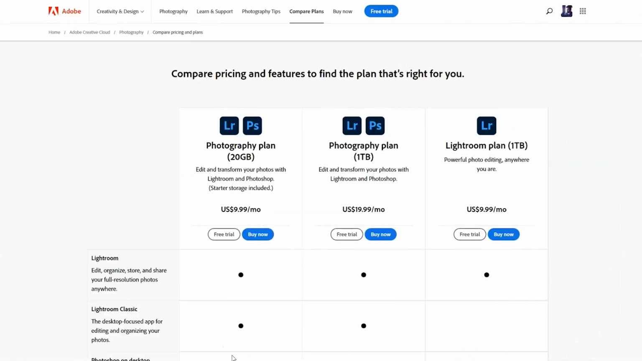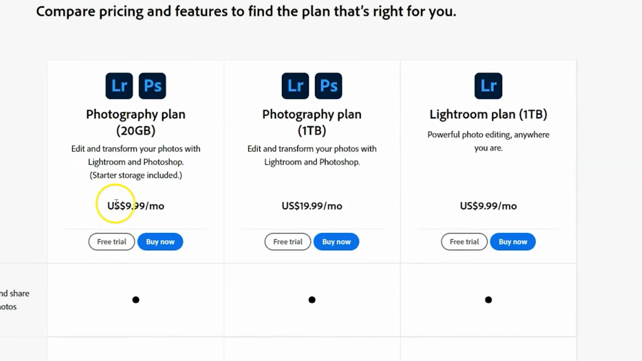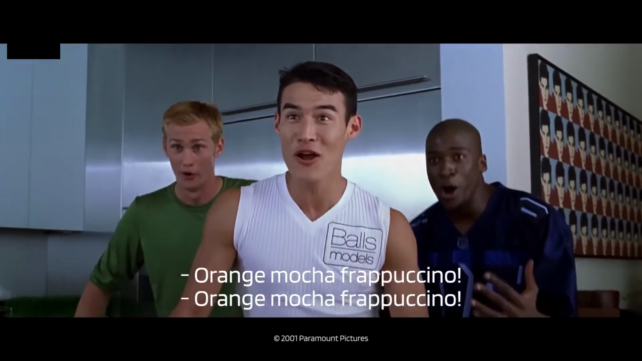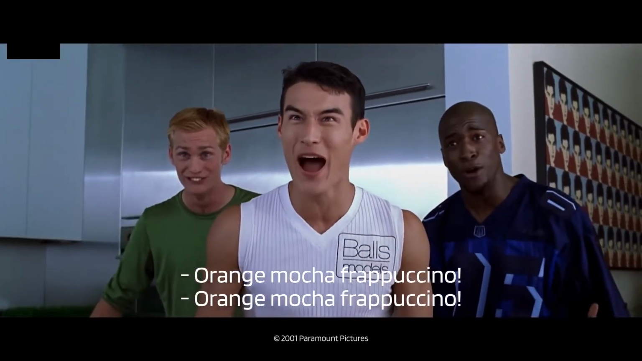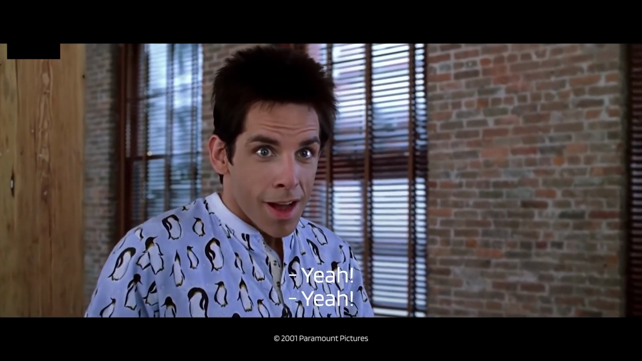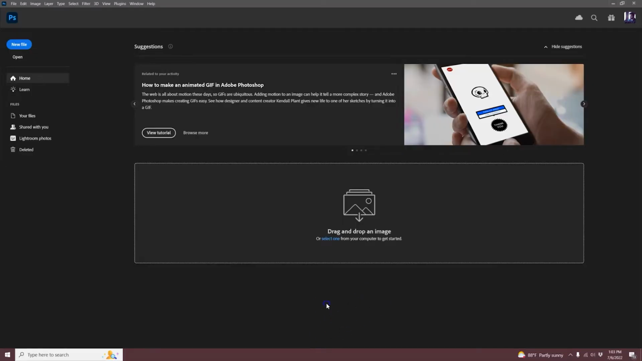Okay, so in order to do this method, you're going to need to subscribe to the Adobe Photography plan. This is only 10 bucks a month, which is less than a Netflix subscription. It's less than 2 orange mocha frappuccinos at Starbucks. What? Orange mocha frappuccino! What you're going to do is once you've downloaded and installed Adobe Photoshop, you're going to